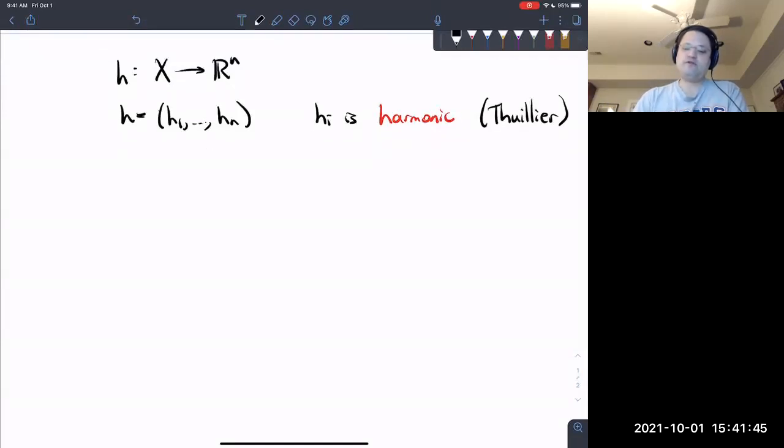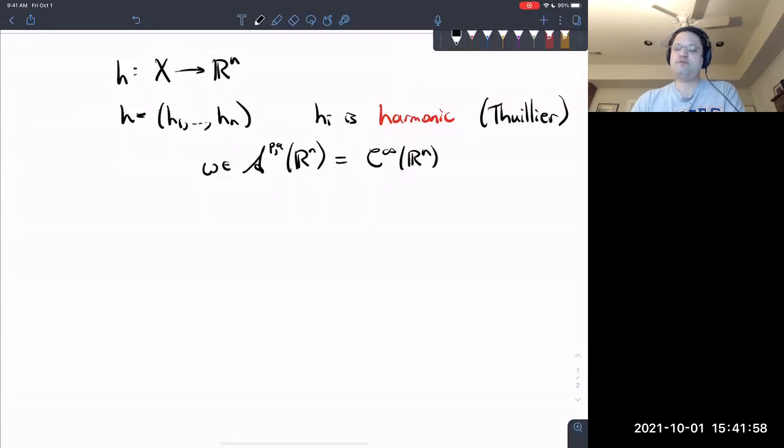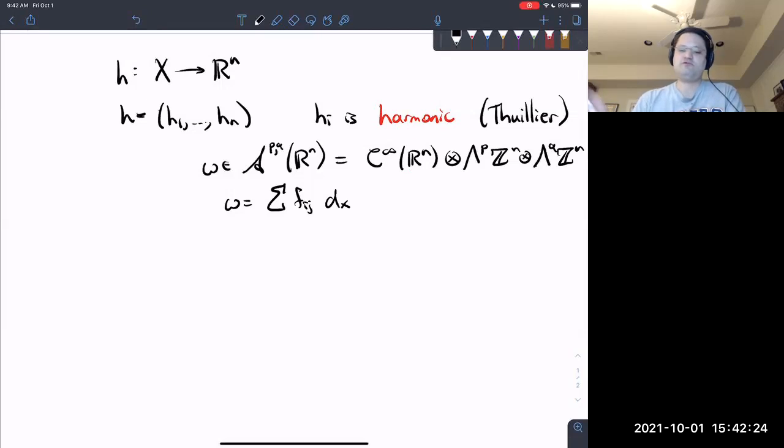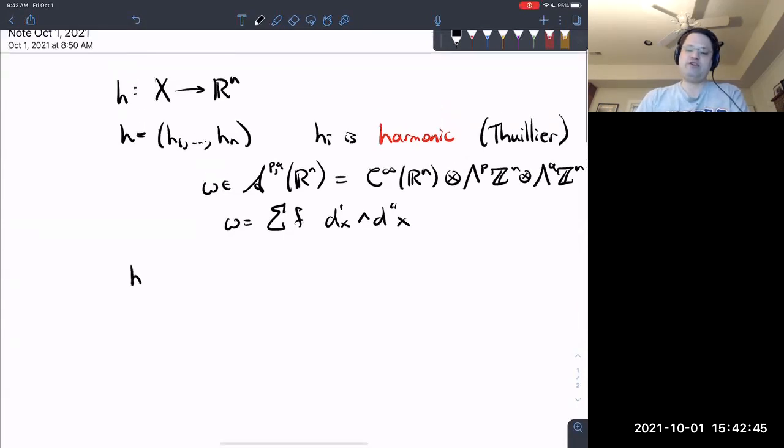So if you have a logarithm form, and logarithm forms are essentially smooth forms tensor, wedge, P of Zn tensor wedge Q of Zn. So it's just some formal sum of a smooth form, some formal sum F_IJ dx' wedge dx'', where this x' is a p-tuple and this is a q-tuple. Maybe these subscripts don't make sense. How about that? So by definition, a weakly smooth form locally has the form h star of omega,